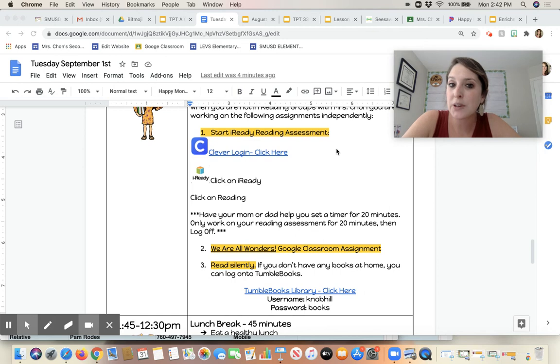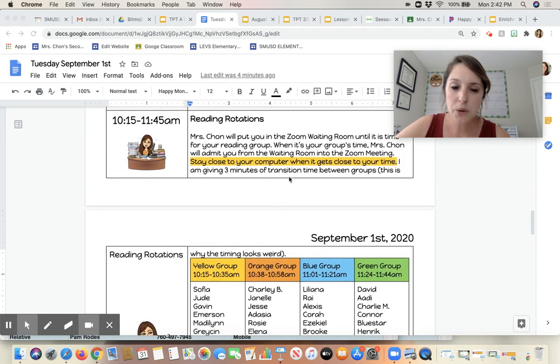If your child is having a hard time or needs a break, they are more than welcome to take a break and finish it later in the day. But all 3 of these assignments are due by 8 o'clock. If they need your help, it would be great for you to help them later. Remember, no helping on the reading assessment though. You can just be there for technology. So that's how that's going to work.